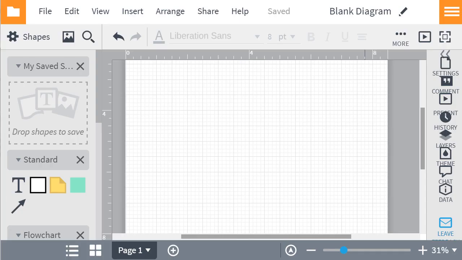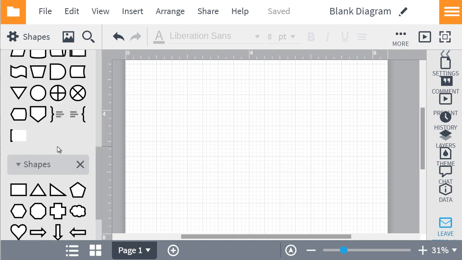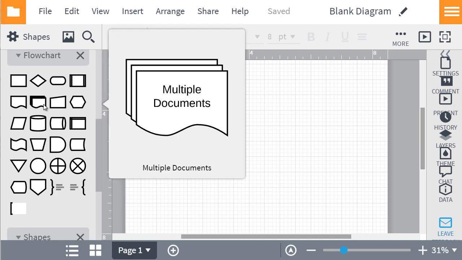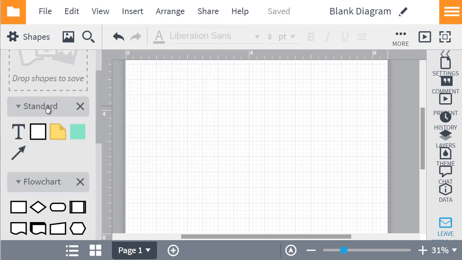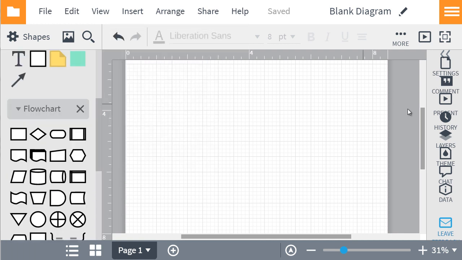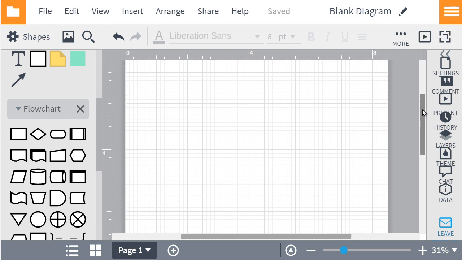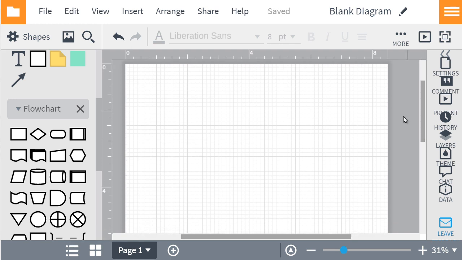So what I'm going to do here is map out a membership site. As you can see here, pretty basic. We have all these shapes and different options, but really what it comes down to is trying to map out your first step all the way to your last step.